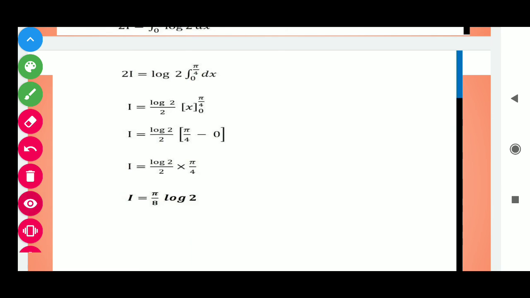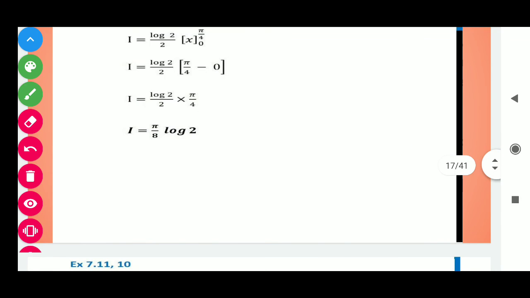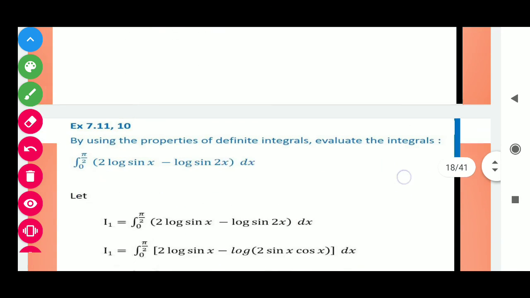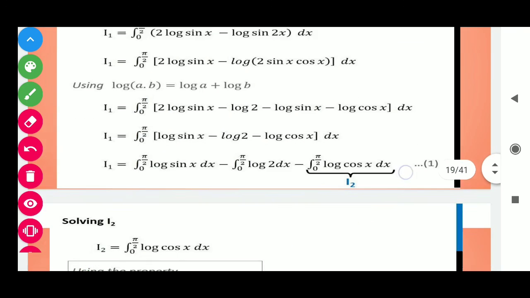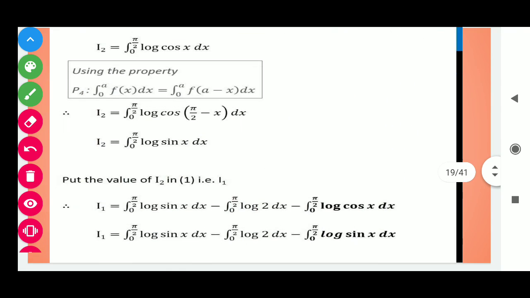So students, in this way today we have done important questions. These are really very important properties of definite integration that come in questions in CBSE board exams. So students, do practice it. And here I am sharing the next question, question number 10. This is a similar question. By using the same concepts you can do it. Okay, so students, I am sharing the solution. Do practice of this question.